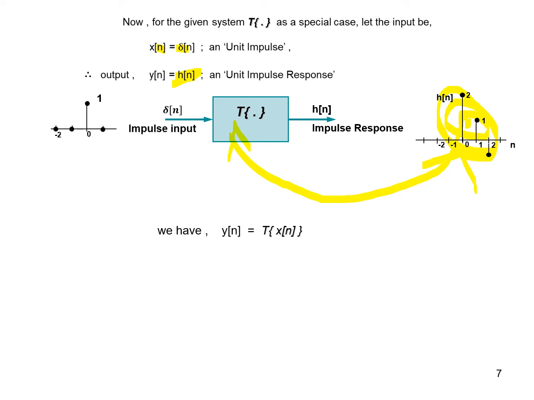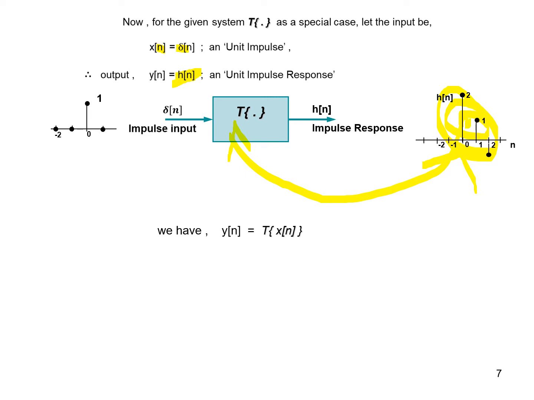Once again, I'll repeat. Once you have a LTI system, discrete time LTI system or continuous time LTI system, the same thing holds good. Now in case it is a discrete time LTI system, if you know its impulse response, that is, by giving an impulse, if you know how it responds, and if you take this as a record, this record, the data, completely represents the LTI system. You need not have it any longer. You can only use this for representing it.